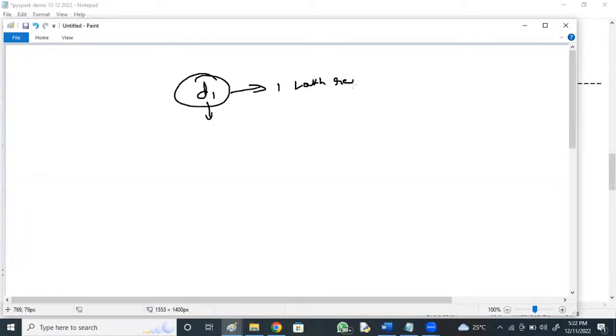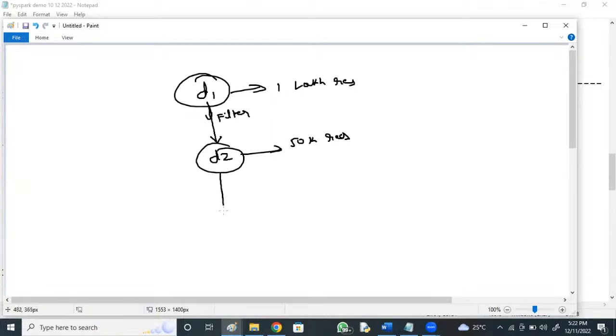From D1, I'll apply a filter operation, and the result is D2. D2 has about 50K records only, because some records got filtered.